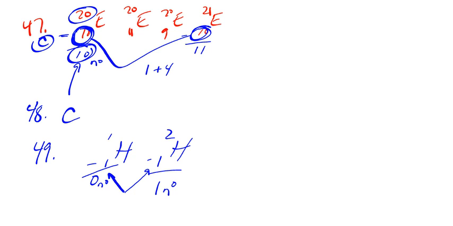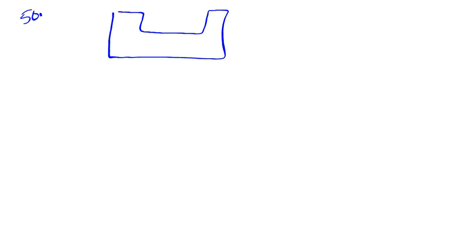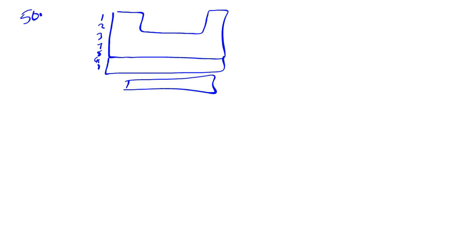Going on to number 50. The principal quantum number indicates what property of an electron? Principal quantum number, here's my periodic table, poorly drawn, terribly drawn. I have 1, 2, 3, 4, 5, 6, 7, and then you get the series down here. These are your principal quantum numbers, and they represent energy levels. First energy level, second energy level,